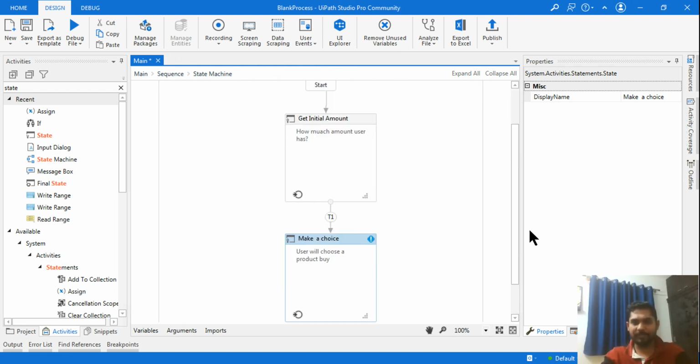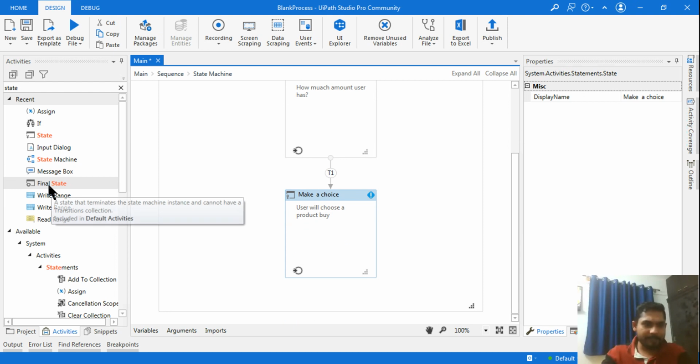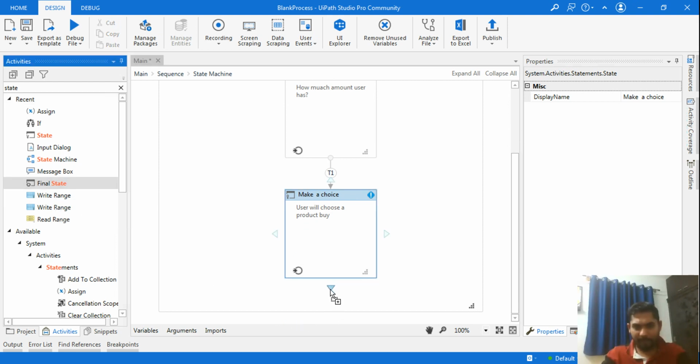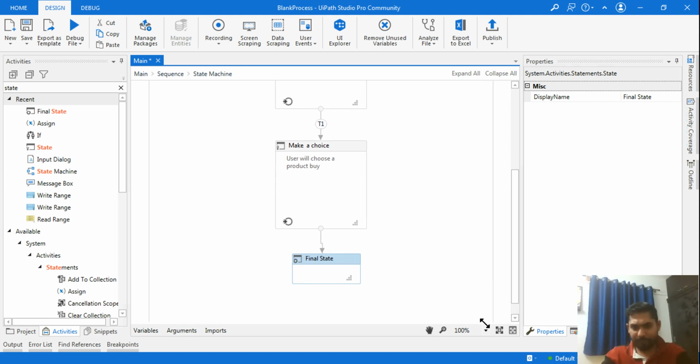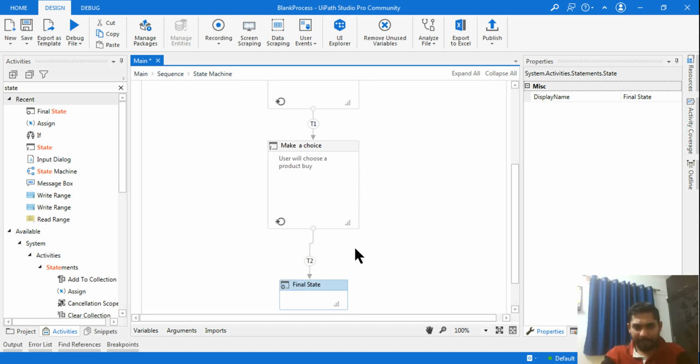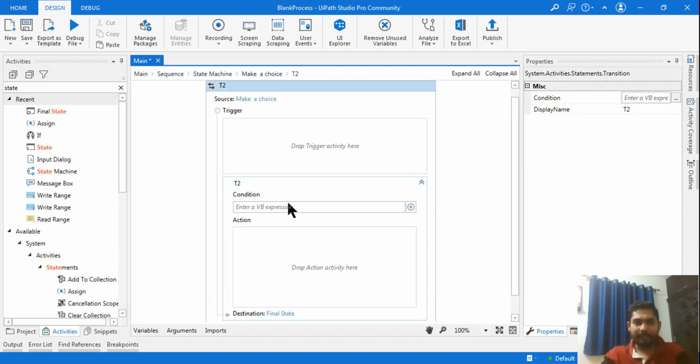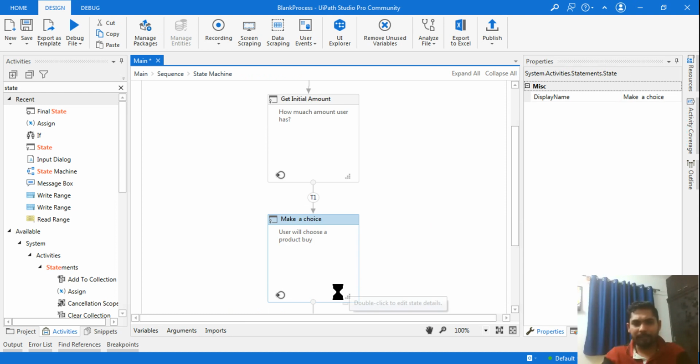Okay, you are back to the state machine page. Here let me drag and drop another state called final state. I'm going to drag and drop the final state, and here, if you see, this is automatically called a transition. This particular transition I can apply a condition to. In this one I did not apply any condition, so it will simply flow without any check. In this one I will put a condition: if choice is equal to false, then you come to the final state. Clear? So that is the use of transition. Simple, making it easy. False. All right, if choice is equal to false, then only it will come to the final state.